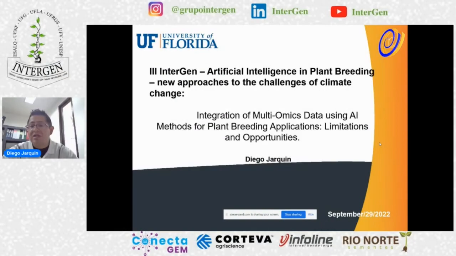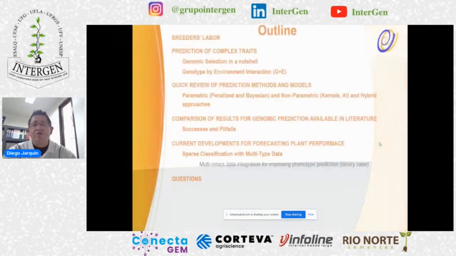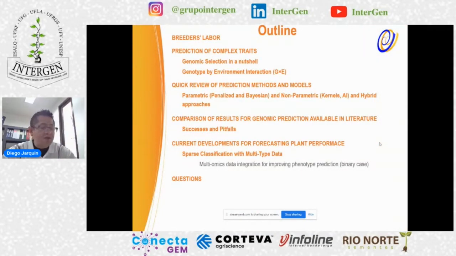breeding applications, and then we will discuss some limitations and opportunities. So the outline of this presentation is very quickly, now we have less time, I'm gonna talk about the breeder's labor, to understand a little more about the motivation, why we are doing these things. And then I'm gonna introduce very quickly two key concepts that we consider in plant breeding: genomic selection and genotype by environment interaction. Then we will review very quickly some of the prediction methods and models that were already implemented